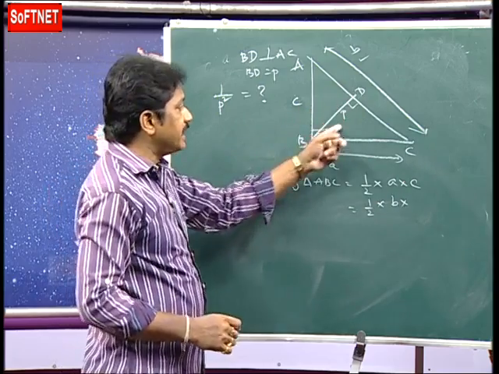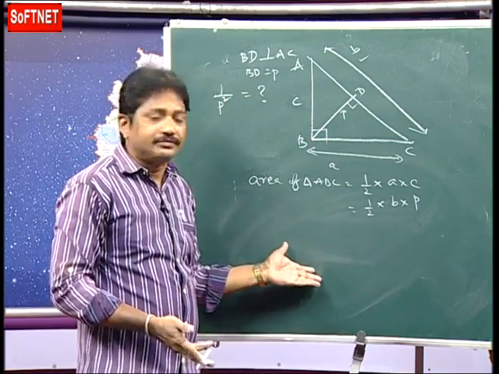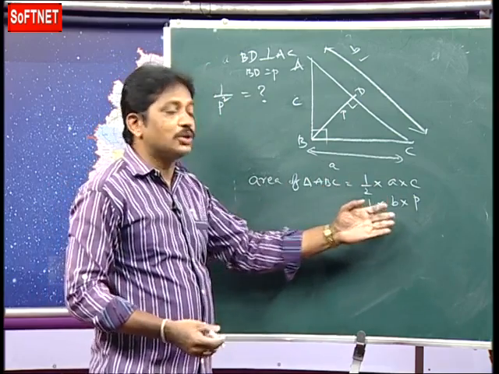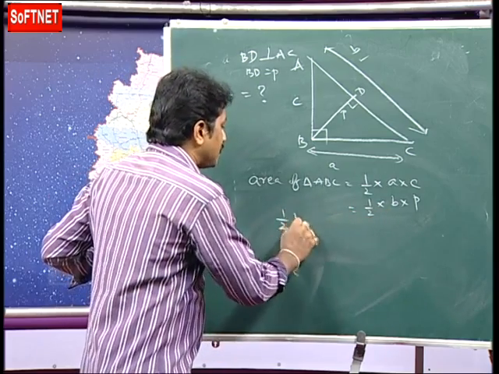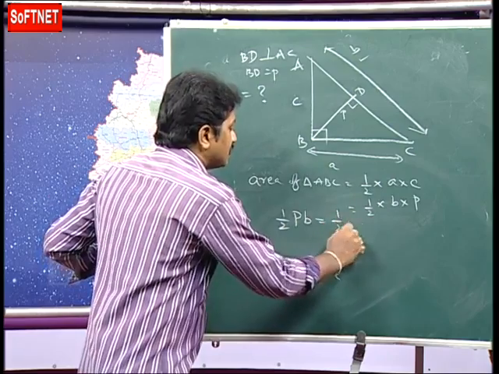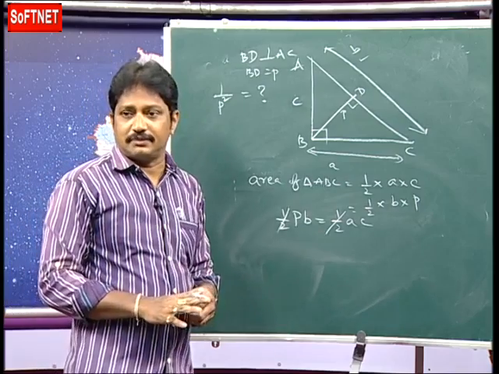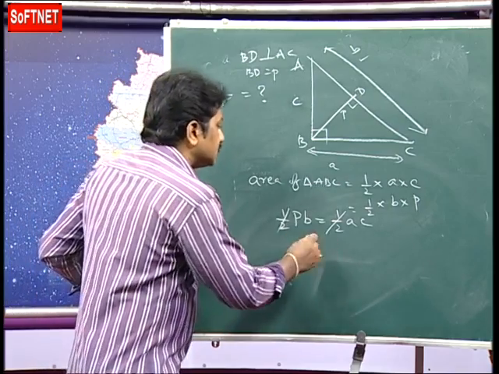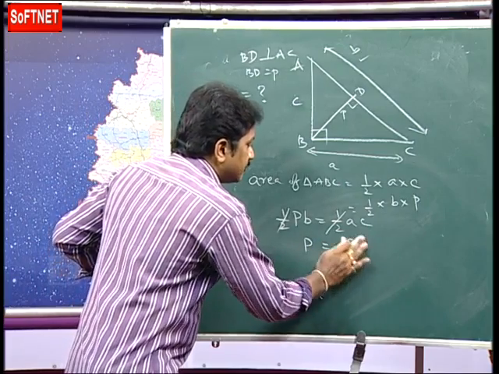It's BD, its length is P. Both represent the same means of AC equal to of BP or PB. So simply we can say of PB is equal to of AC. You can cancel off on both sides. So PB is equal to AC, correct? Okay. So we can say P is equal to AC by B,